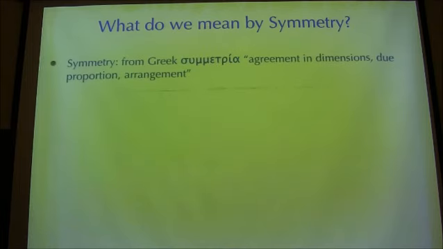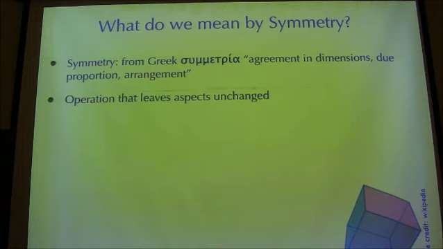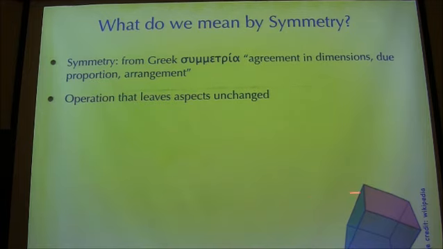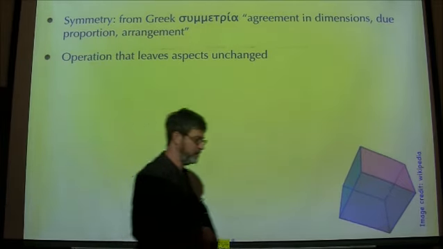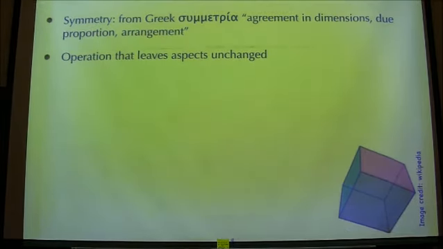So what do we mean by symmetry? Symmetry, of course, has its origins in the Greek symmetria: agreement in dimensions, due proportion, and arrangement. And I think that describes intuitively what we mean by symmetry. From a mathematical perspective, it's some sort of operation that may leave an object or system unchanged in some way. So if we have this cube, if we imagine the symmetry operations of a cube, and imagine that it doesn't have colors or anything so that we can't distinguish one face from another,